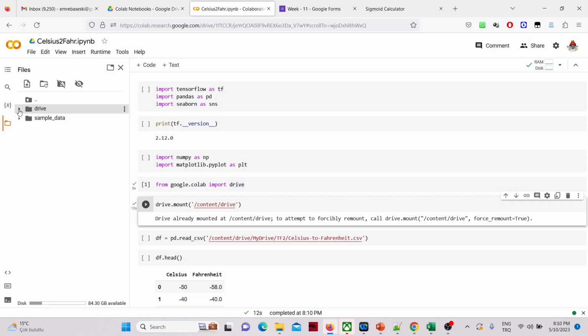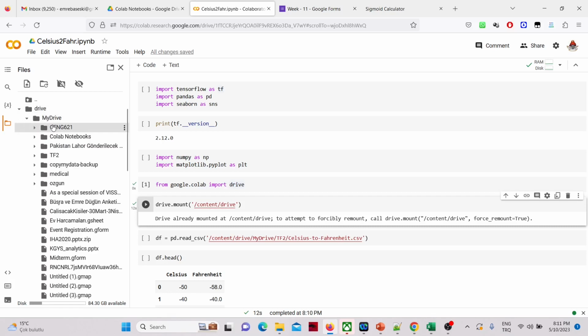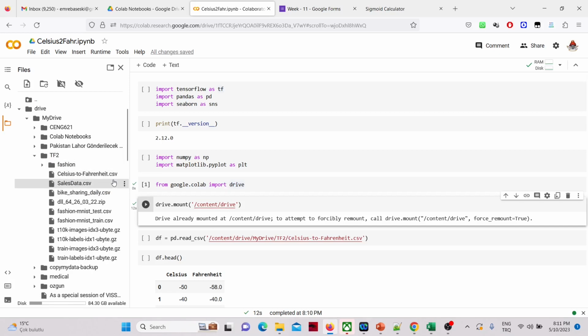Okay, you may have some notification from Google. You may need to allow the entrance from Google. You may need to say it was me who was connecting to my drive. But once you are connected with your drive, you can see the content of your drive. It's usually mounted as My Drive. That may change depending on the version you are using from Google, but for example, my data, my CSV files